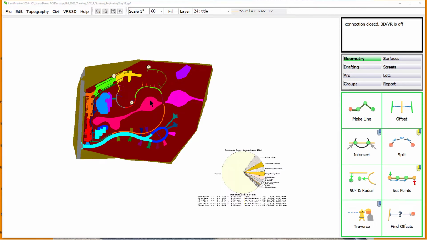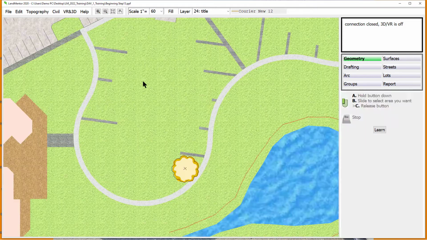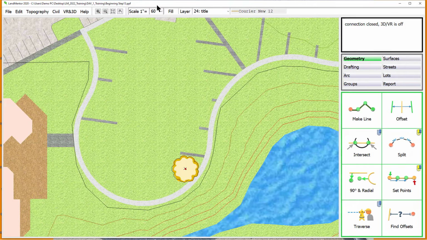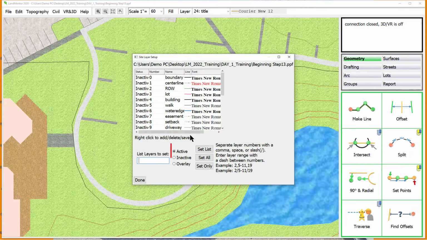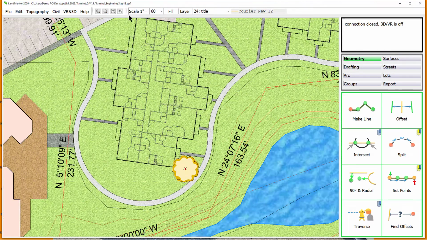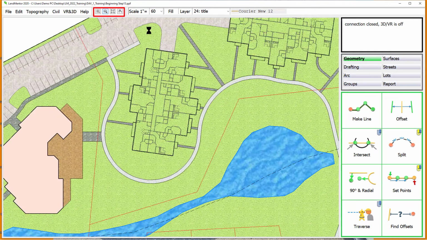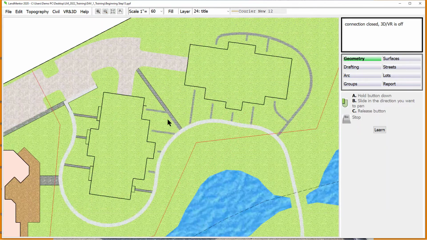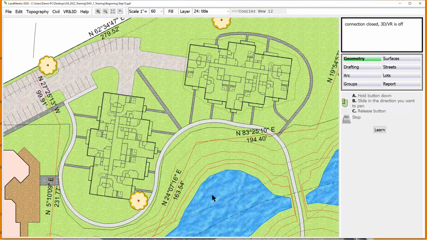And in the next part of the lesson, what we're going to do here is I'll click on the LandMentor window to activate it, and I'm going to zoom up on this area here where the apartment buildings are. And I'm just going to turn all the layers back on. So I'm going to go to layer, it's active, set all, and then we've got the buildings. I'm going to zoom out a little bit and then pan over, and I want to put a 3D building